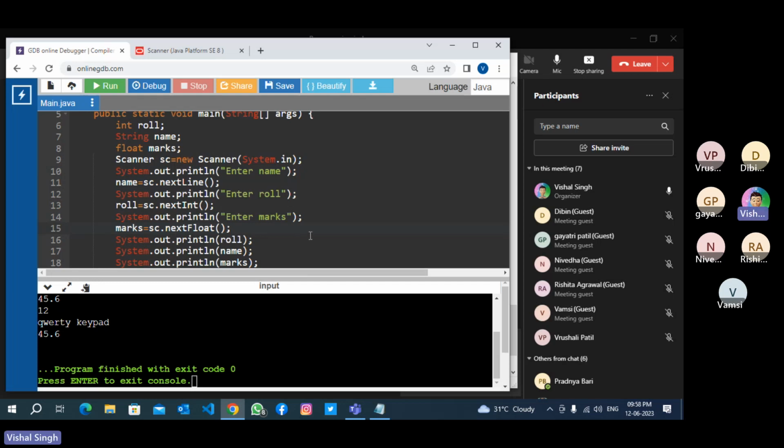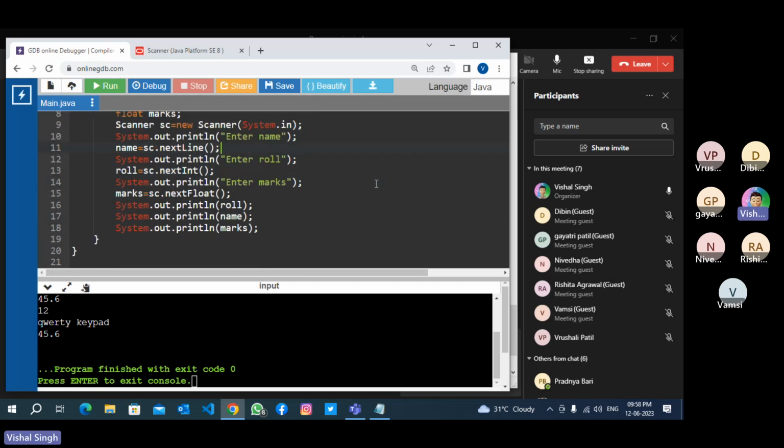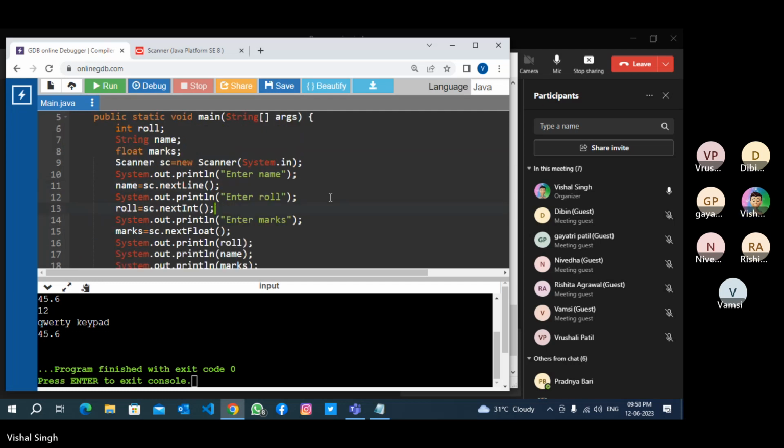But it is not always necessary or compulsory to take the string value first. Sometimes we need to take string input at last, or second, or third. We don't always need that string input in the first line. Sometimes we need it after role and marks. Then it will not return the correct answer. So to solve this kind of problem,